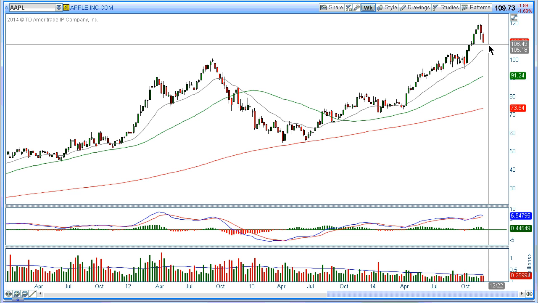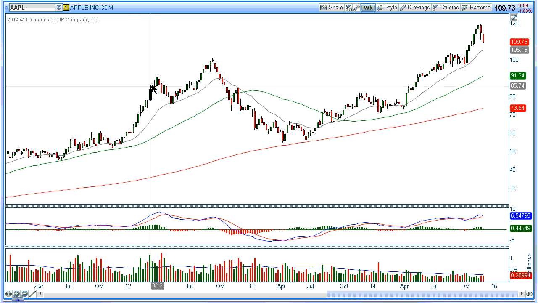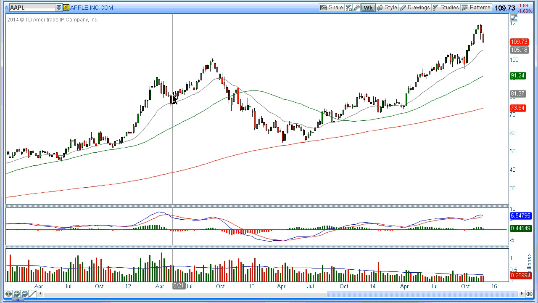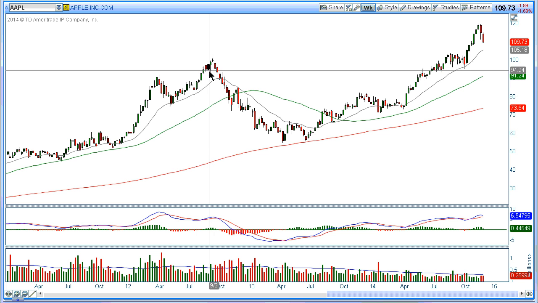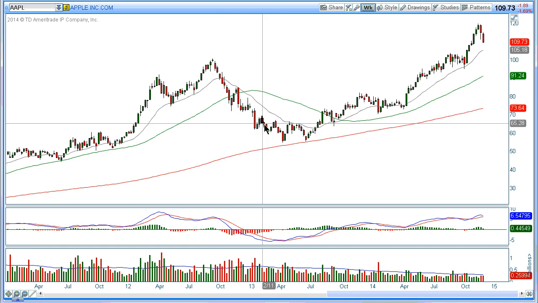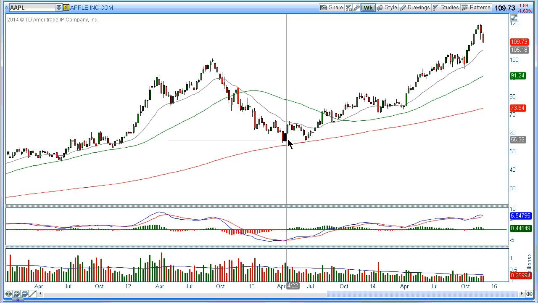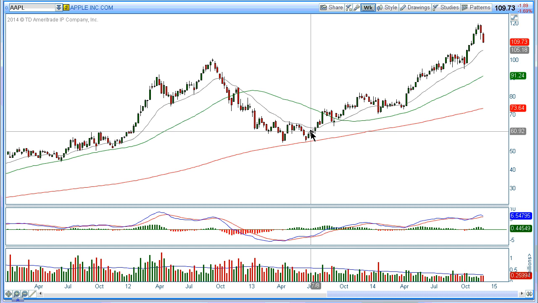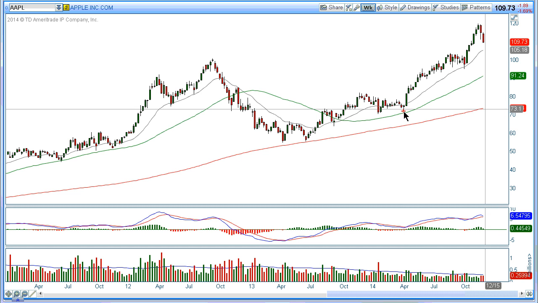to pull back. Similarly, if we go back and take a look at 2012, we got this little run up here, which is pretty steep, and then a pullback, forming a little bit of a bull flag, and then it ran up again and formed an evening star type of topping pattern. Then it kind of sold off until it got down to April of '13, June '13, and so forth, before it started to kind of stabilize. Right now, we're essentially watching Apple pulling back to see, is this a pullback, or